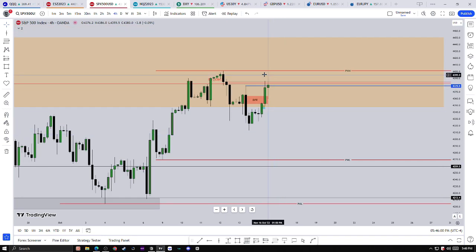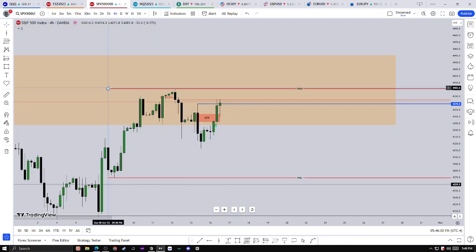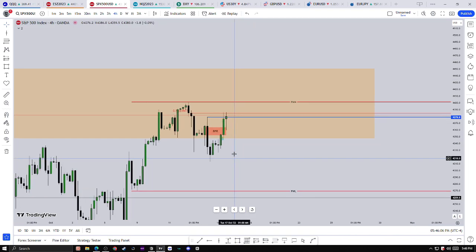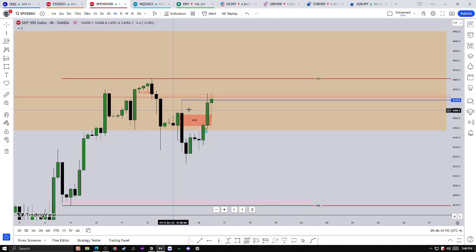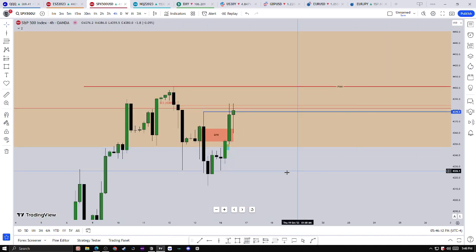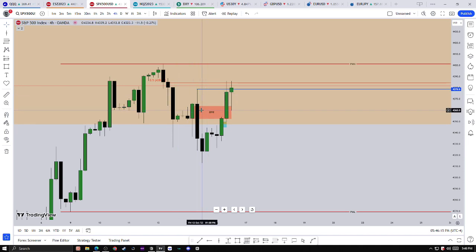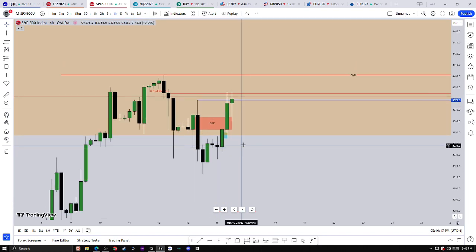On the 1 hour, not too much. Again, previous week high right about here, and there's a lot of lines in the middle. I'll explain what those are. Now, I marked this blue line as a run of liquidity, or drawn liquidity, right after this balanced price range was taken. As you can see, just on the 4 hour,